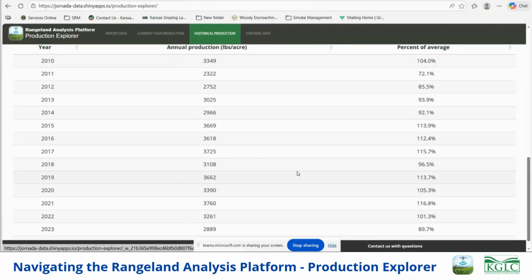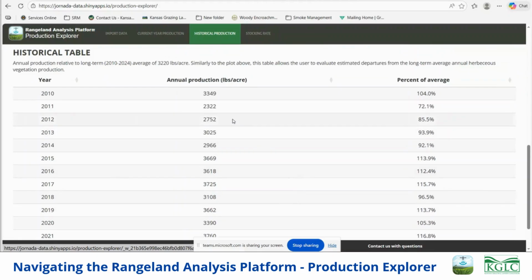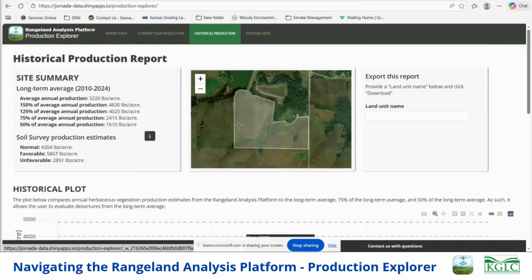They may be 10% off in certain situations that I've done anyway, at least in the eastern part of the state. So yeah, this 3,349, for example, may be closer to 36 or 3,700 pounds, but it's a good starting point and makes good comparisons. So after you look at that, if a producer wants to develop a stocking rate, or